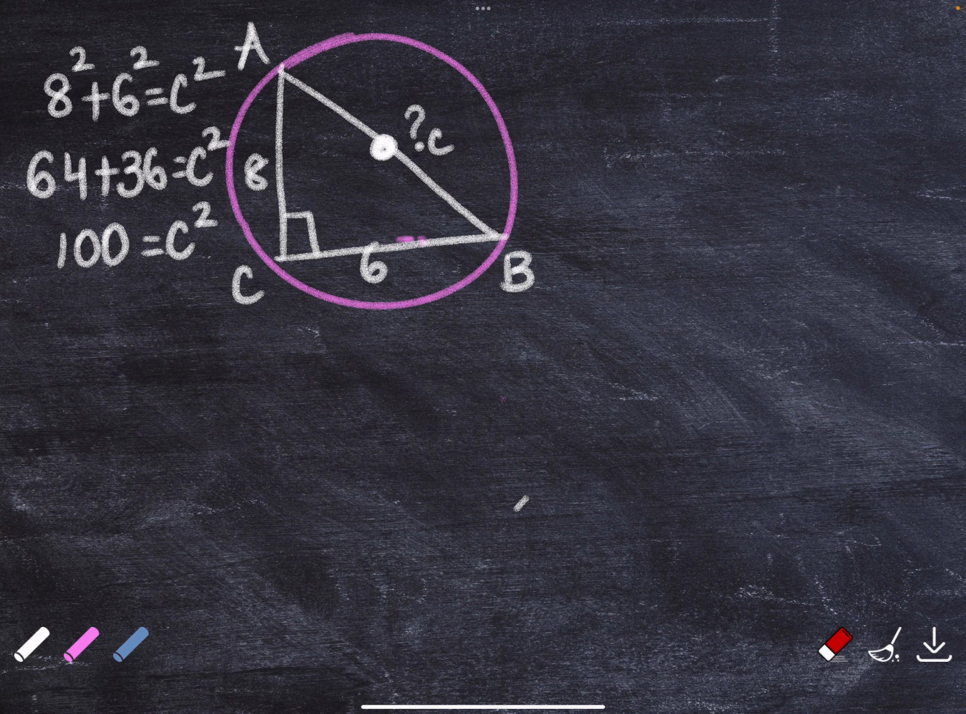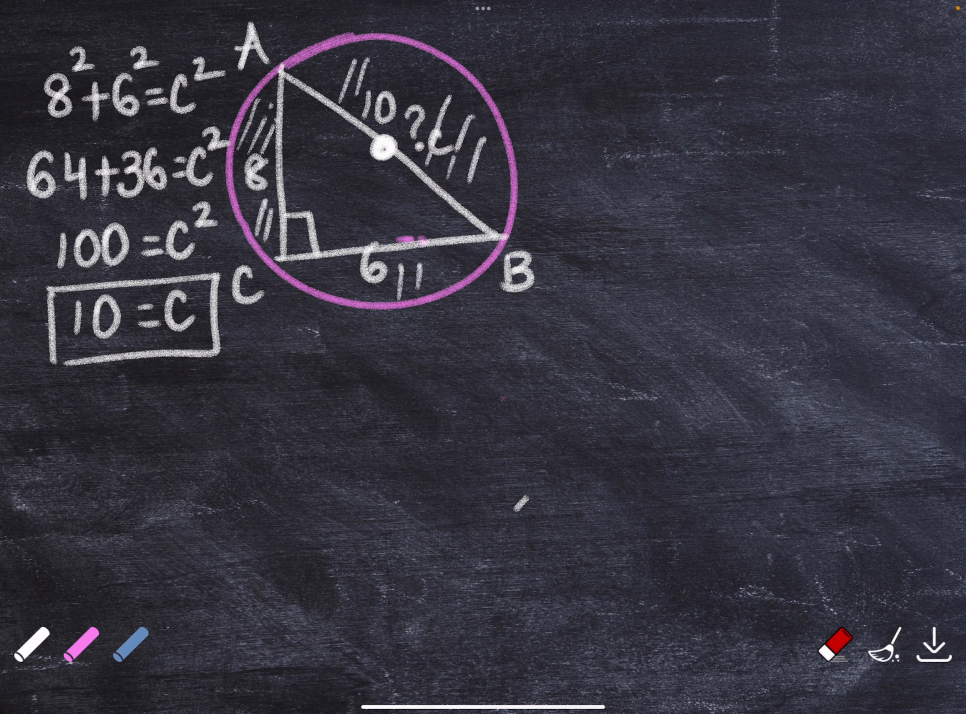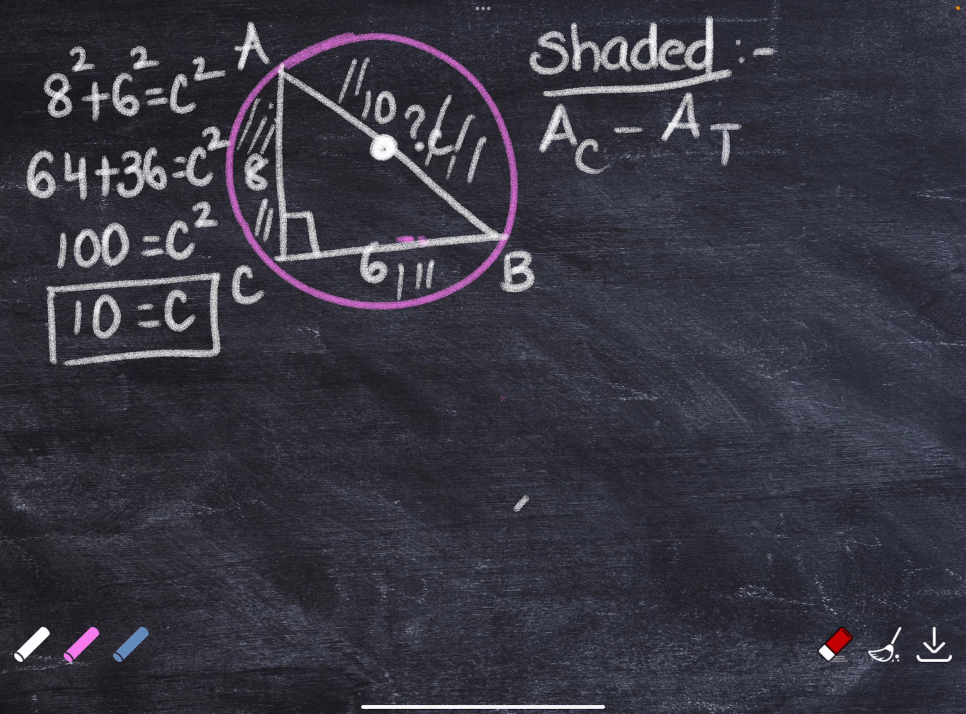So which numbers when I square them give me 100? That number is 10. So I can say that 10 equals C. So I have found all the sides of the triangle and this one is 10. Remember we are trying to find the shaded area, which was written over here, that the shaded area is area of the circle minus area of the triangle. So area of circle I can write down, it is